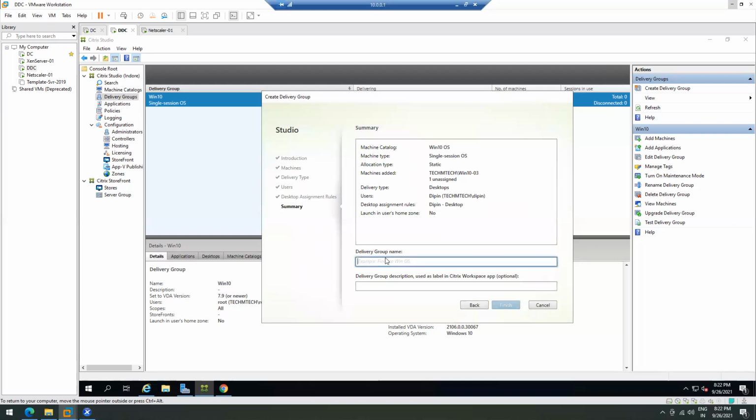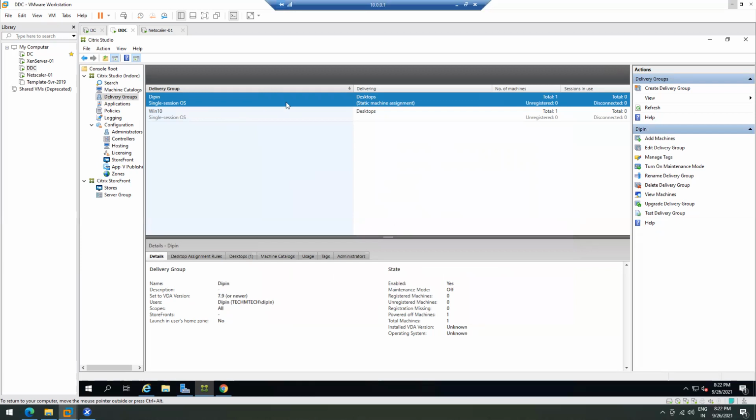Now we can name that delivery group. Let the name be Dipin only, and finish. So now we have created one delivery group with Dipin name. Actually, Dipin should be a department.